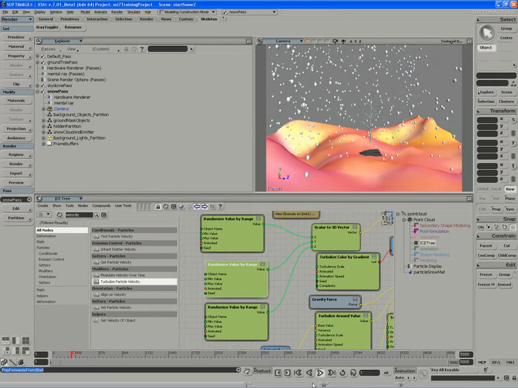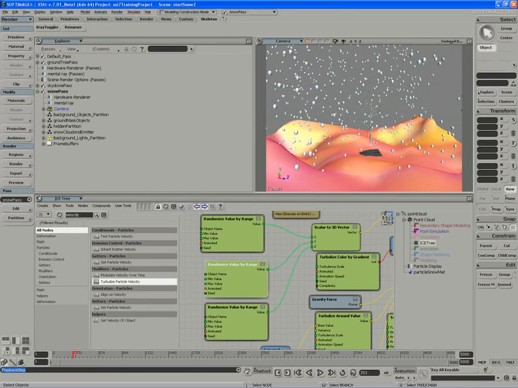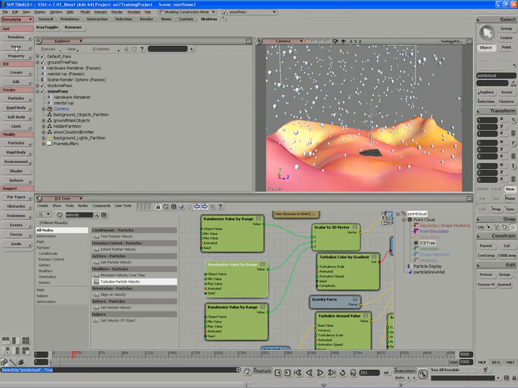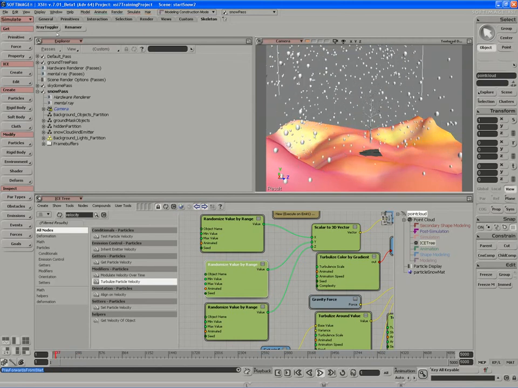in progress. What I can actually do though is take any frame in the timeline, and if I select the point cloud and switch over to the simulate toolset, I can go in and set the initial state of those particles, basically setting the 253rd frame, in our case, as the first frame. So it controls the pre-roll that we use to get the particles started way before the first frame of our simulation. So now if I go back to frame 1 and hit play, we're already starting from